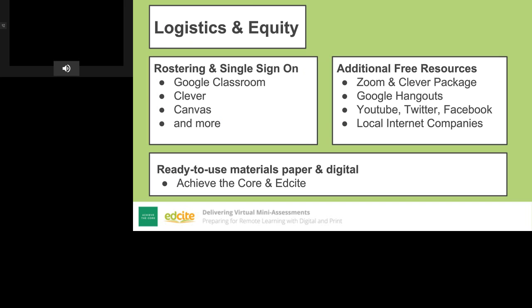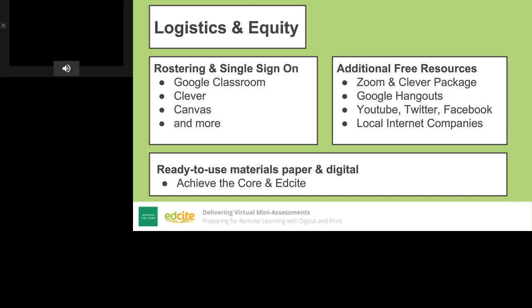Just looping back to logistics and equity, just things that you should check out. In terms of logistics, rostering and single sign-on when you are doing virtual is a key aspect. And so a lot of teams are using Google Classroom. That is a huge